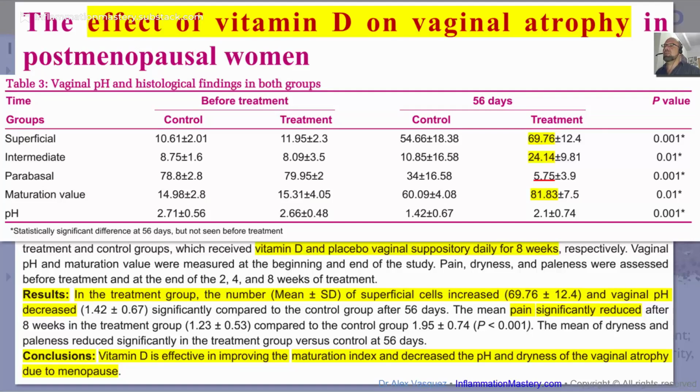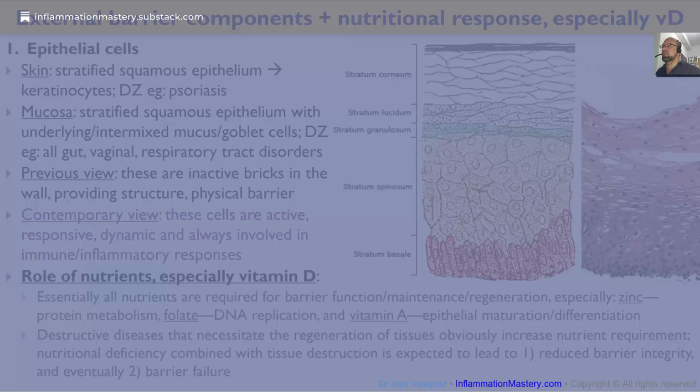Obviously, these women could have been treated not simply topically, or in my opinion, probably they would have had better results if they had been treated systemically. So let's optimize those whole body vitamin D levels and then expect some local improvements as well. And obviously, if a case warranted more assertive intervention, you could apply the vitamin D topically as well as supplemented orally for optimal benefit. Let's continue this theme of vitamin D on epithelial tissue by looking at another study here,